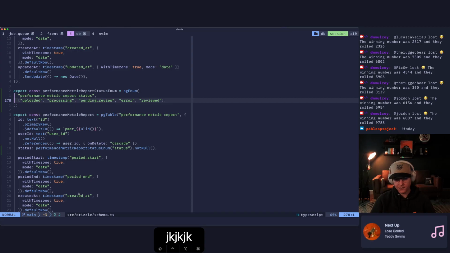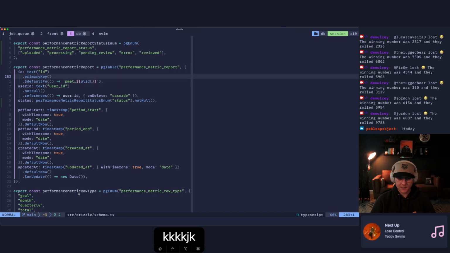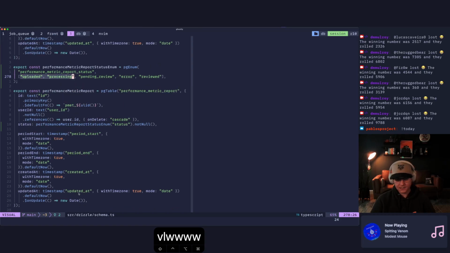This wasn't the best way to do this. Because we don't have a lot of this data until after we've processed the upload. So it doesn't make any sense to have these two statuses on here. And it's actually pretty likely that if we ended up with an error, we also wouldn't have the row written. So we almost need like a separate table